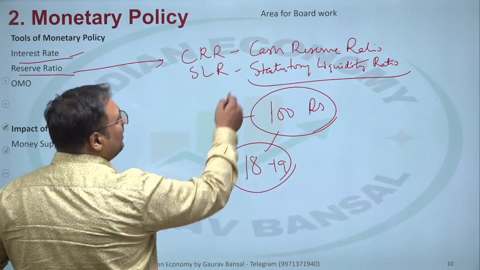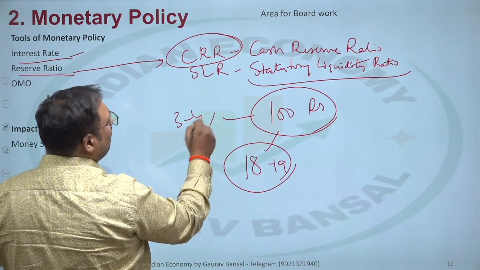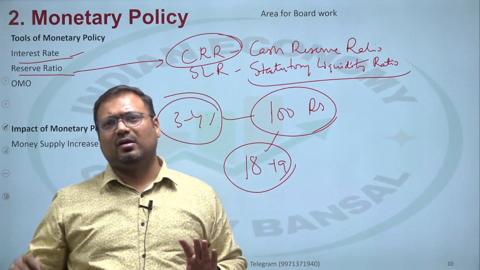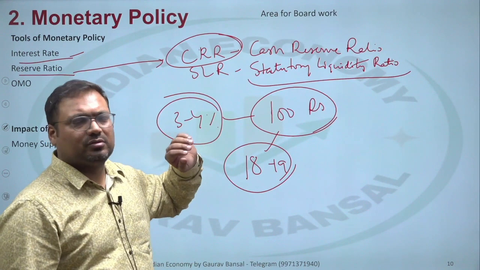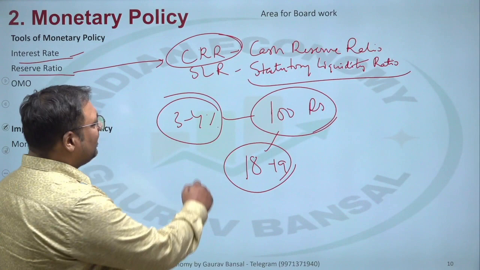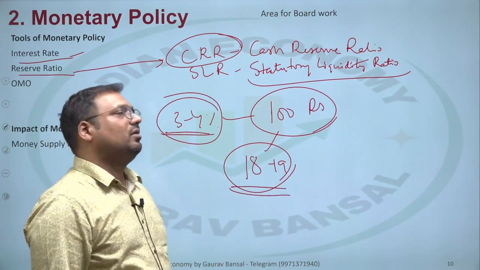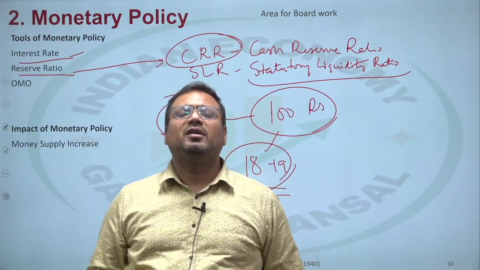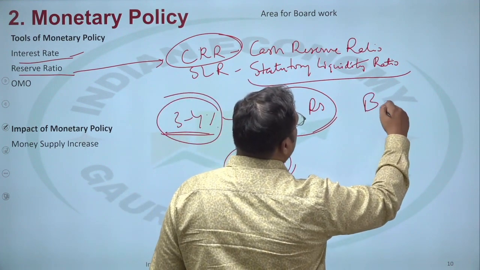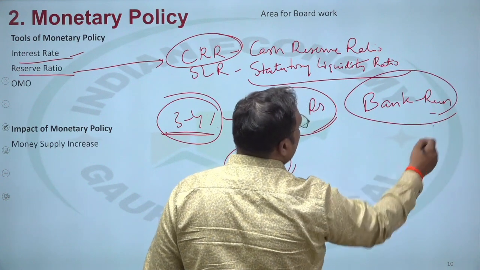And even before that, there is a necessary cash, usually 3 to 4% or sometimes even 4.5%, that banks have to keep as pure cash with RBI. They do not even get interest on this. If they have any difficulty, this is the necessary and first liquidity that they have, and this is the secondary liquidity that banks have. So both of these provide liquidity in the system and they prevent a bank run. This is the role of the reserve ratio. Particularly CRR is for bank run. What is a bank run? A bank running out of cash.